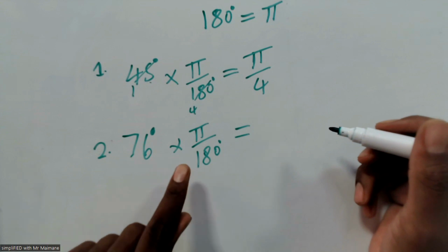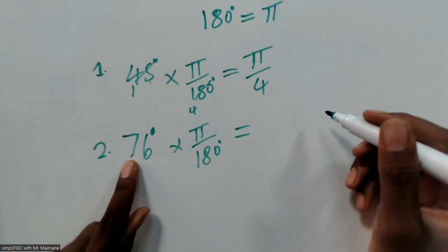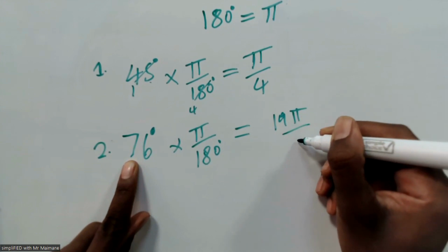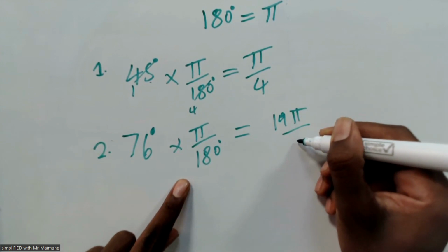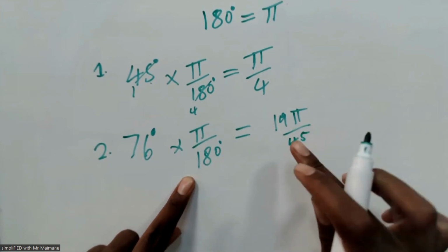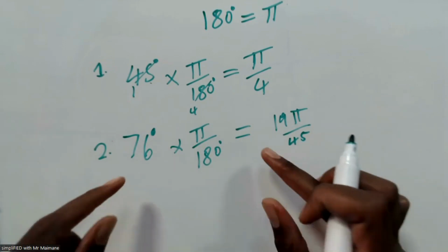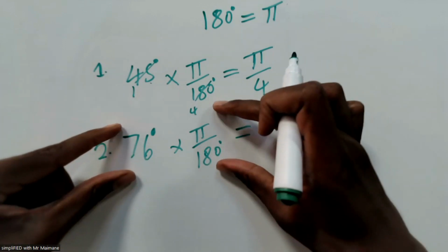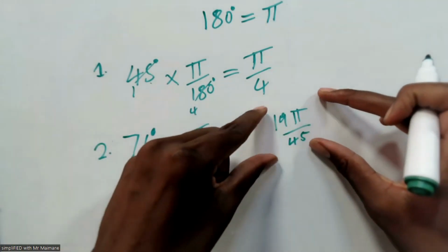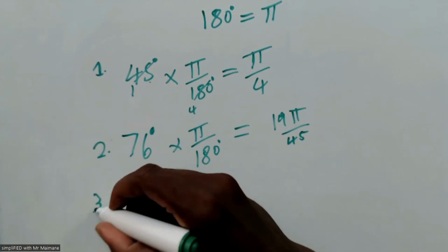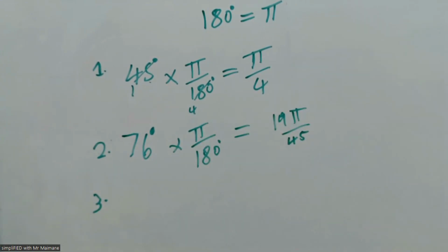The number that goes into both is 4. 4 goes 19 times into 76, and 4 goes 45 times into 180, so the answer is 19 pi over 45. Otherwise, you can just use a calculator to simplify this. If you punch this into the calculator, you'll get this answer, especially if you are using a Casio calculator. And then number 3, they want us to do